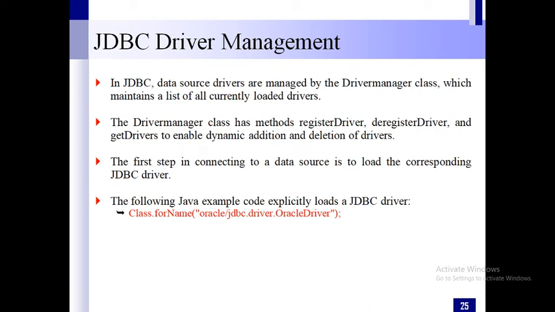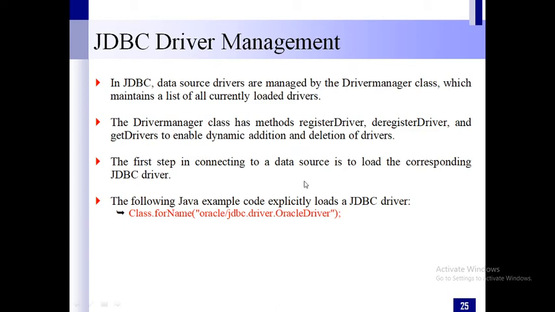Now in the JDBC connection, when you are using JDBC for database access, the first step is connecting to a data source. For that we need a driver, and the first step is we need to load the driver. So the next statement says how we can load the JDBC driver.